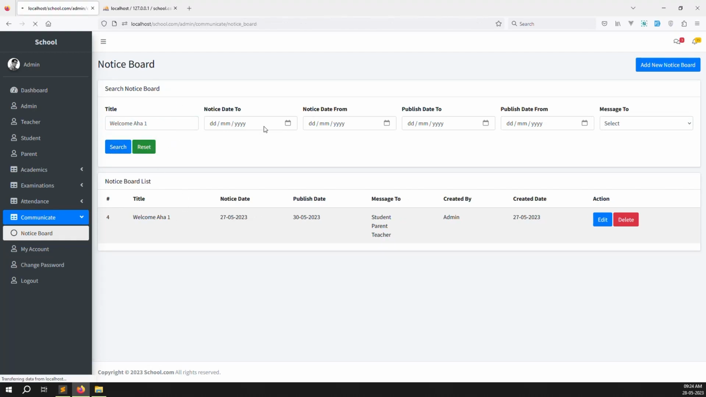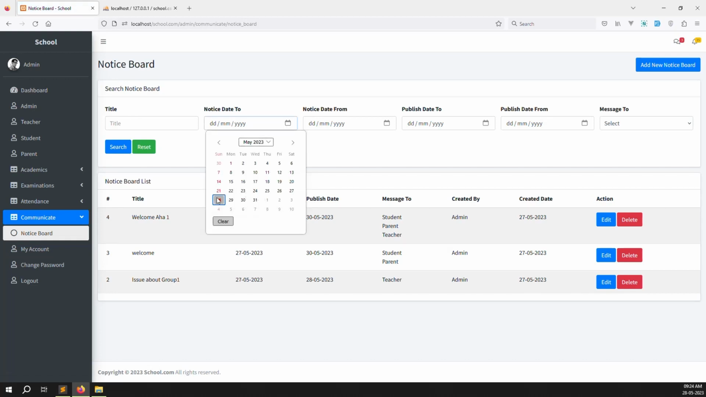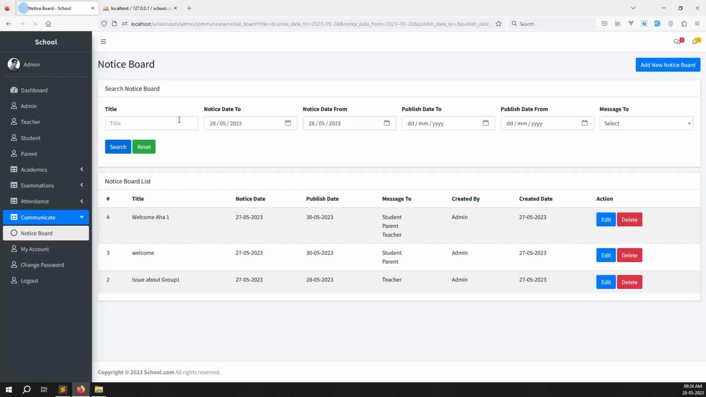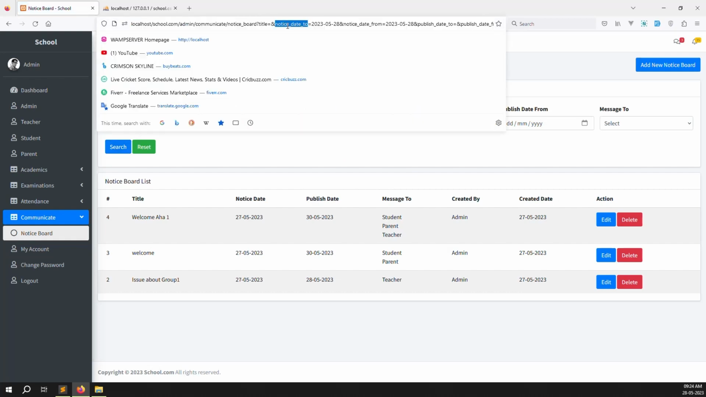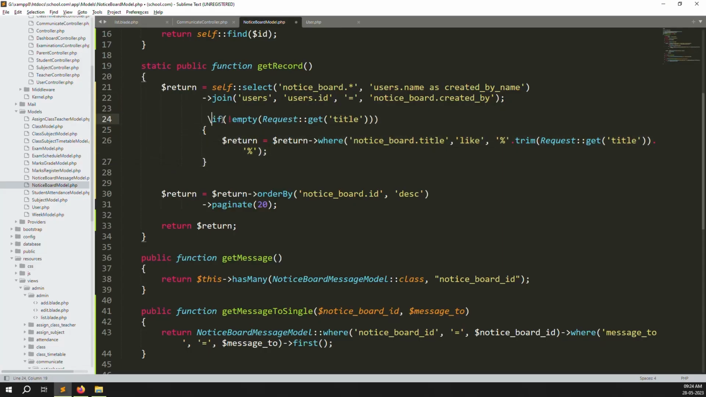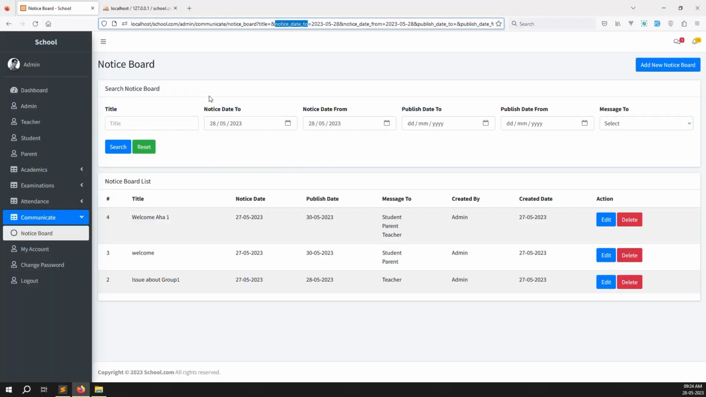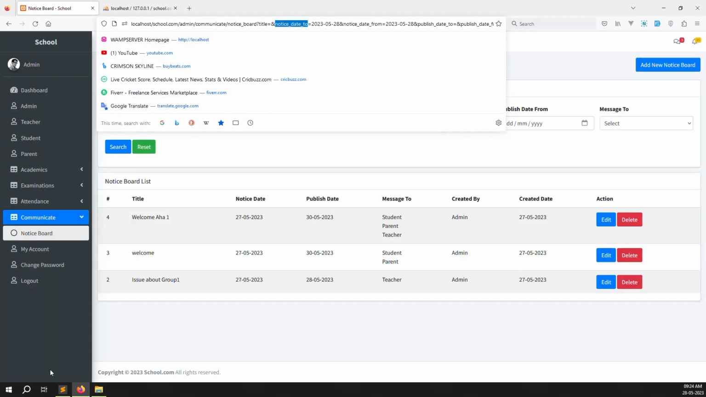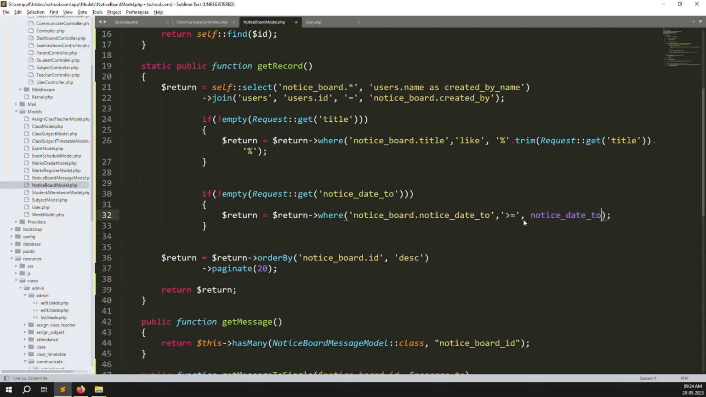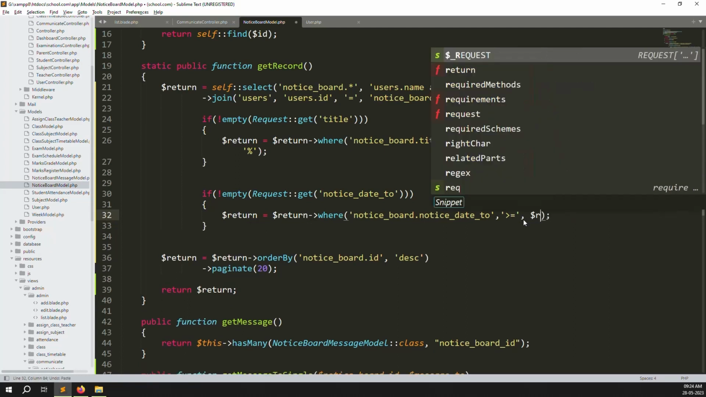Now the same thing we can do for the notice board. So just select, and refresh the search function, so you can see notice date to, notice from to. So just simply copy this line. I already explained this before. Suppose you are using your own plugin, so you need to convert to YMD. Okay, less than is equal to, here we don't need, so just use a $request